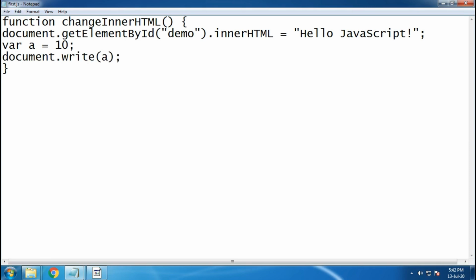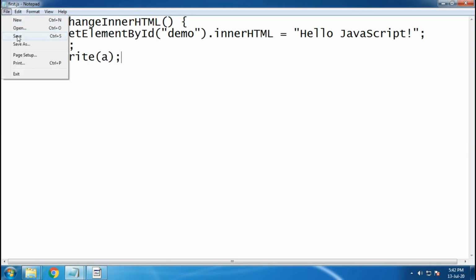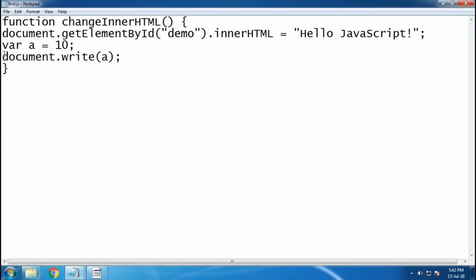Don't worry about document.write yet. This is just to help you understand that var is a keyword used to define variables. Here I am defining variable a, and after defining it, I can assign some value to it. Let me save it.